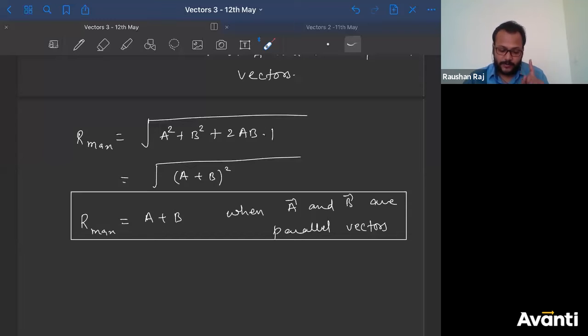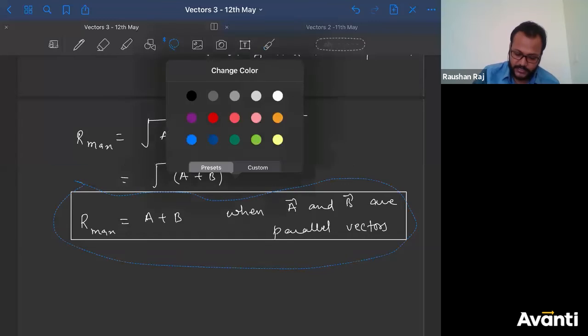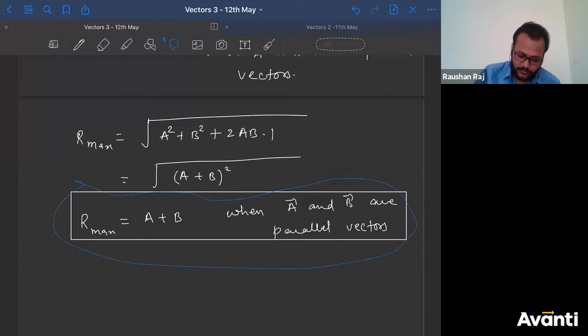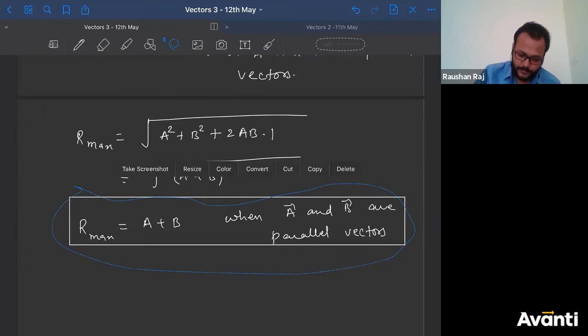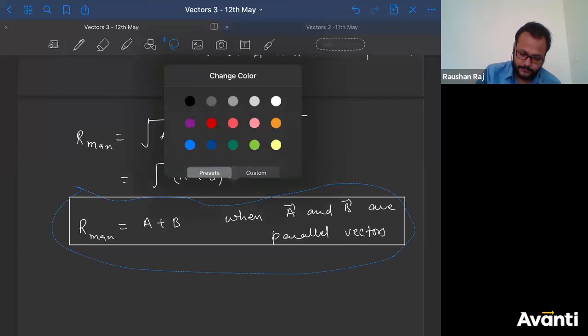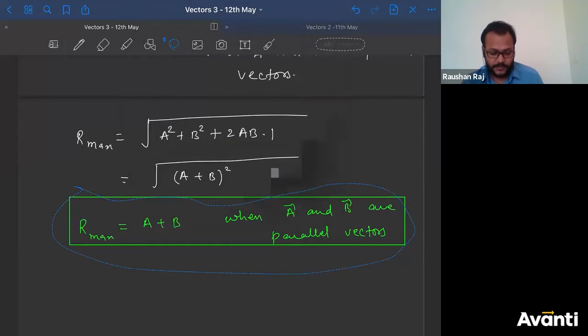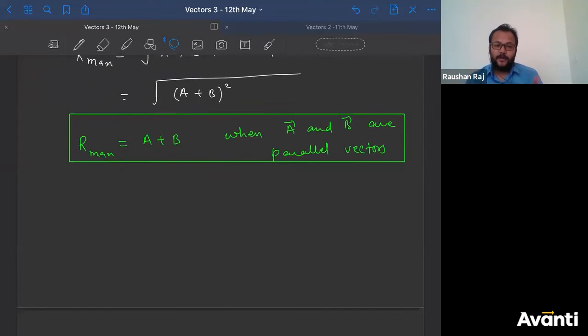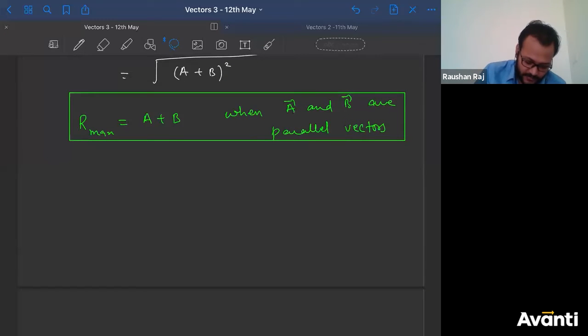So what you have to remember is that maximum value. Let me change the color of it so that you can remember it, okay? So I change its color to green. Green, nice green. Yes, Gaurav said make it green, sir. Okay, I made it green. Now if I ask you what will be the minimum value of R?